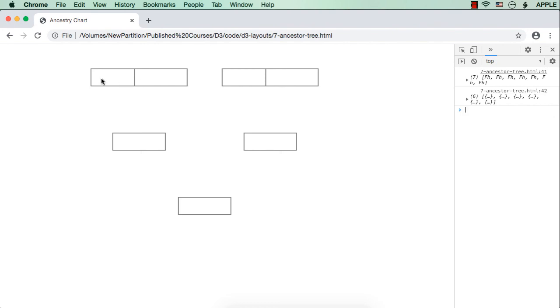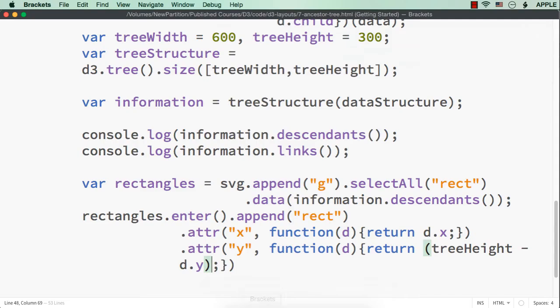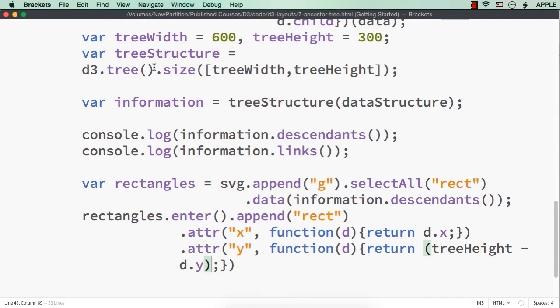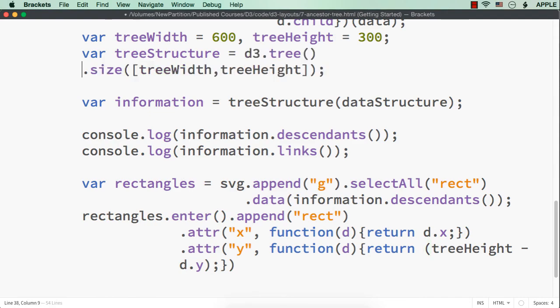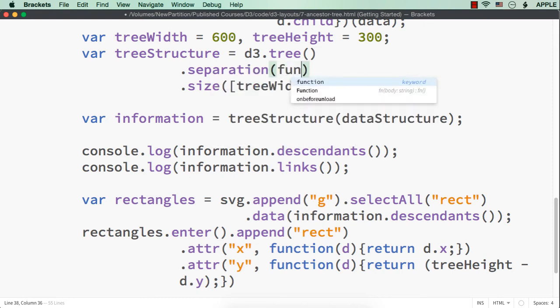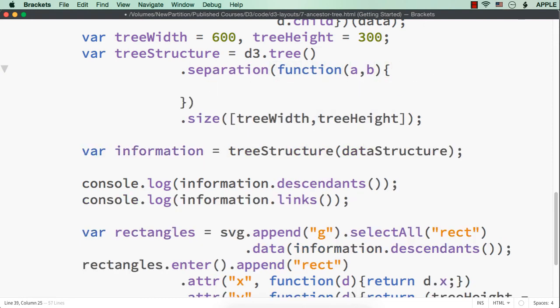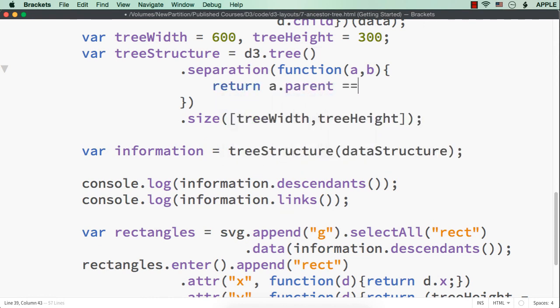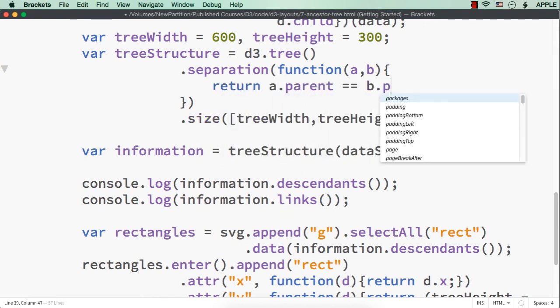Now you could see that these two rectangles are touching each other because there is not enough gap between them. If you remember, you can use the separation option while defining the tree. So here let me specify dot separation function a comma b, and here you need to specify return a dot parent equals b dot parent.